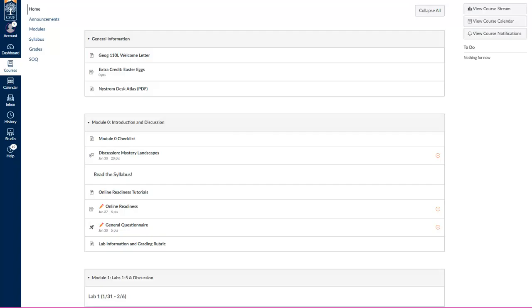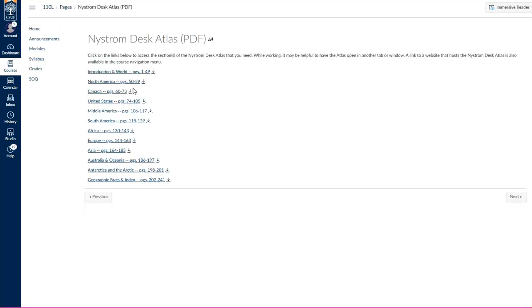Before I get started with showing you Lab 1, I just want to introduce you to this Nystrom Desk Atlas. Some of you may have already taken a look at it, but the Atlas is something we'll be using every once in a while. If I do assign something very specific from the Atlas, I might refer to the chapter or page number that you'll need, and if you